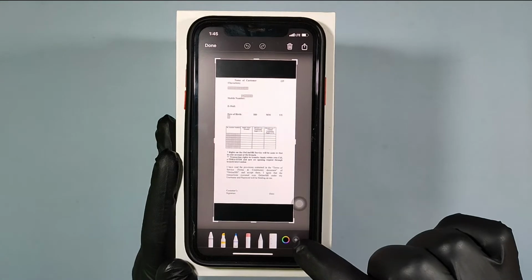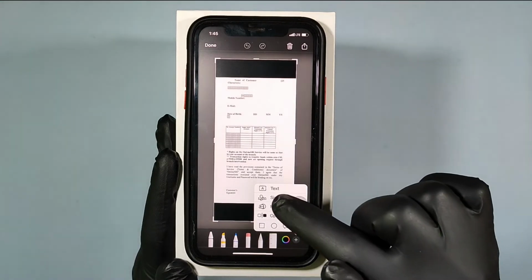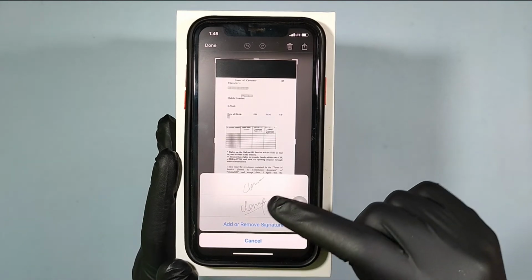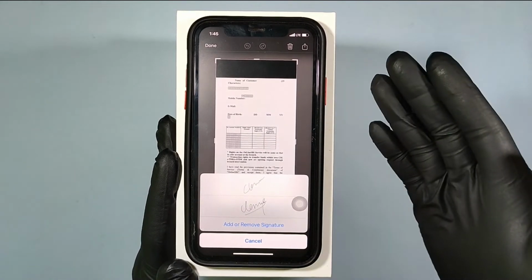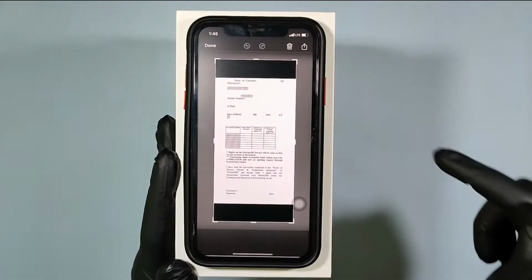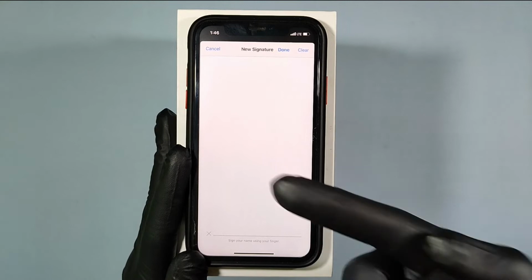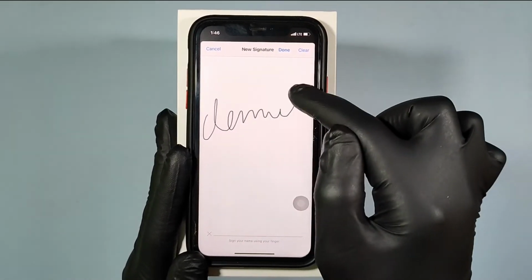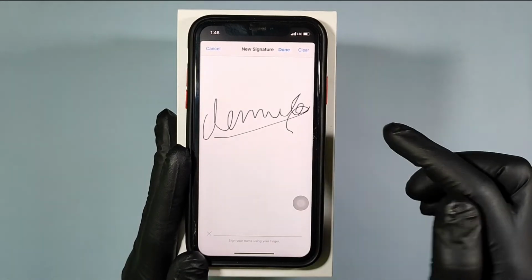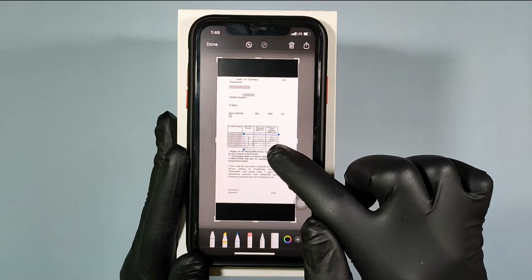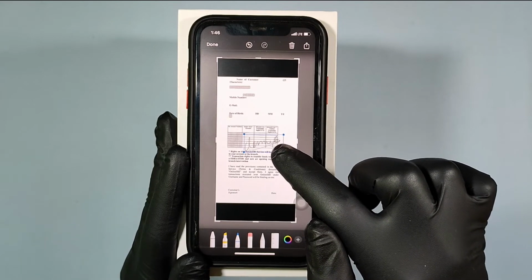Then click this plus icon, signature. If you already added the signature, you can just tap and use the signature or add a new one. Here just put your signature and click done. Move and adjust the signature to your wish